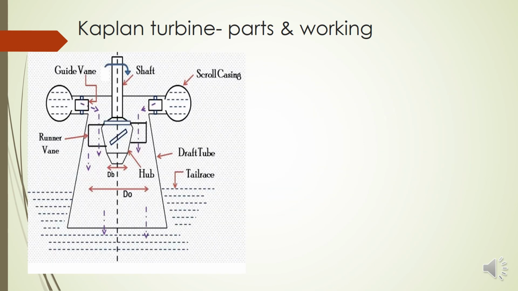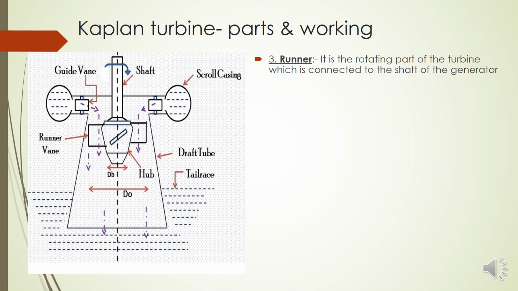So now we have the third part, that is the runner. Here we have a major difference. Here the shaft rotating part of the turbine is connected to the shaft of the generator. So that means here the shaft itself is the runner. No circular disc is here. You can see here the shaft itself connected to the runner, but the one end of the shaft is